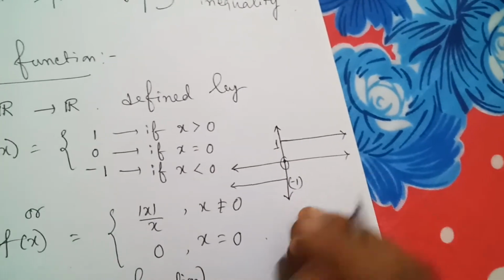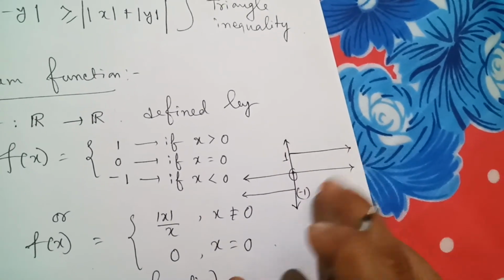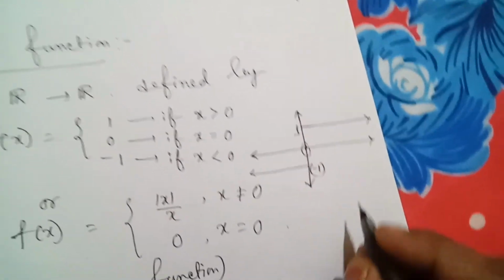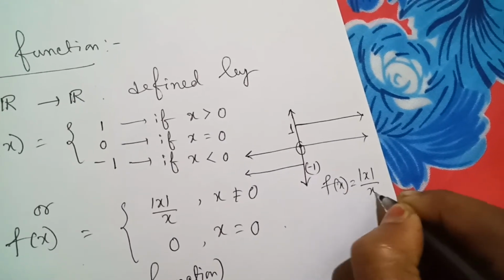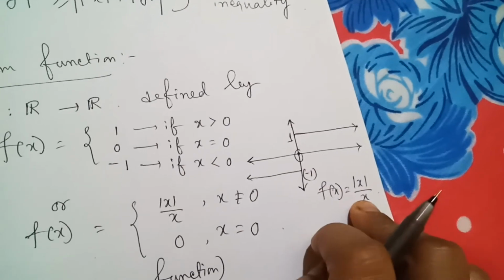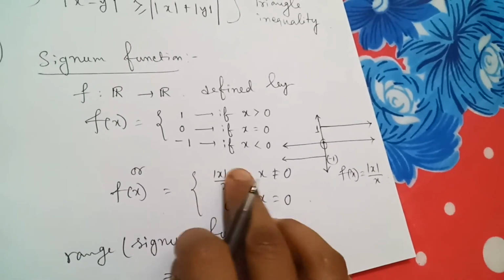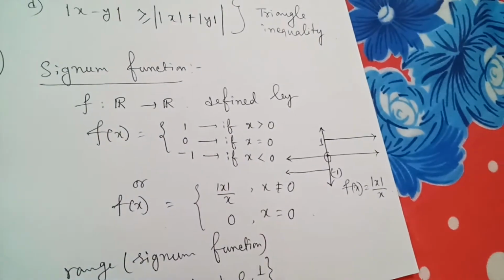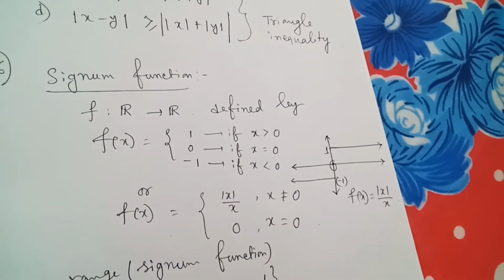Okay, so there are only 3 values, 0, 1 and -1. And this is the graph of f of x equals mod of x divided by x, and this is called the signum function. It can be given in this form or in this expanded form. In both cases we call it the signum function. So our next function, that is number 7, is